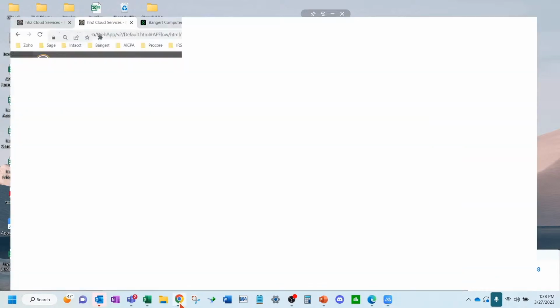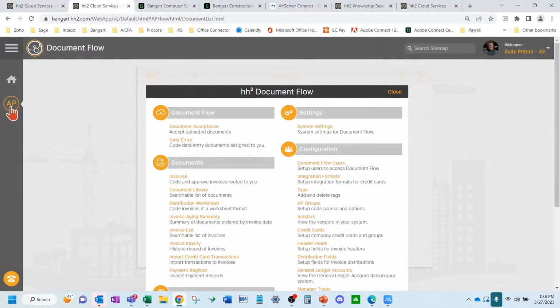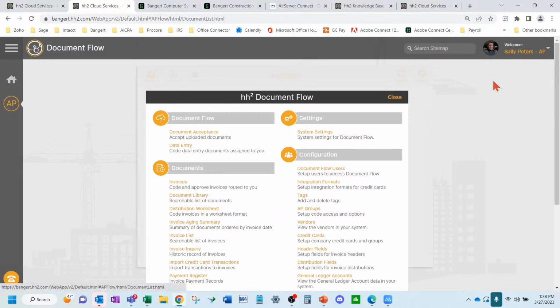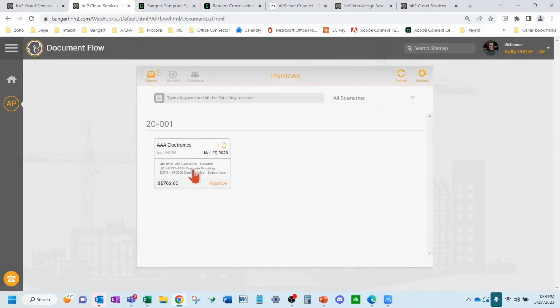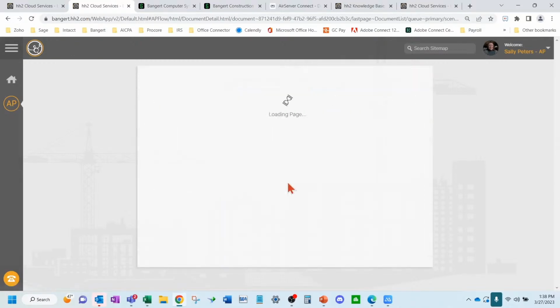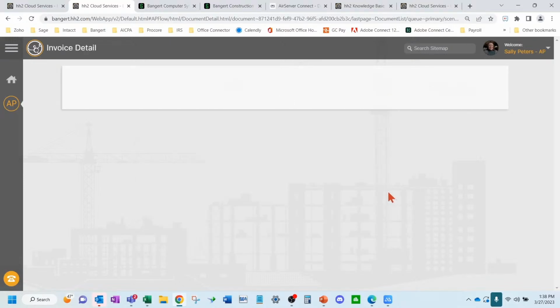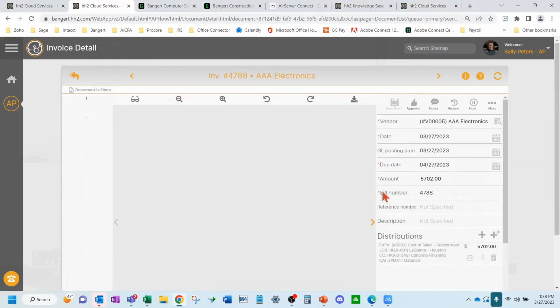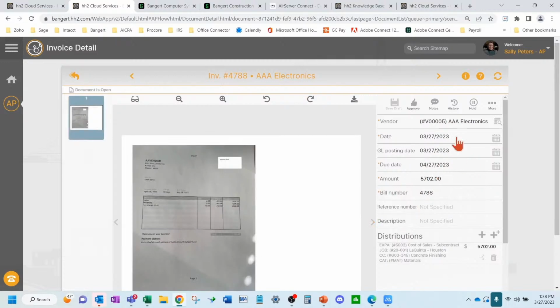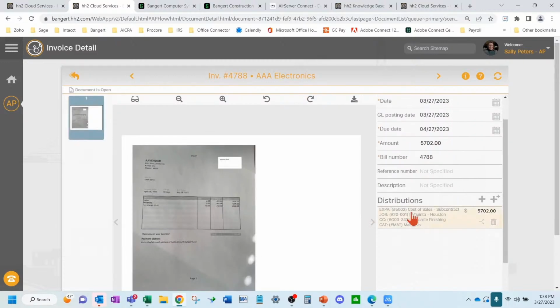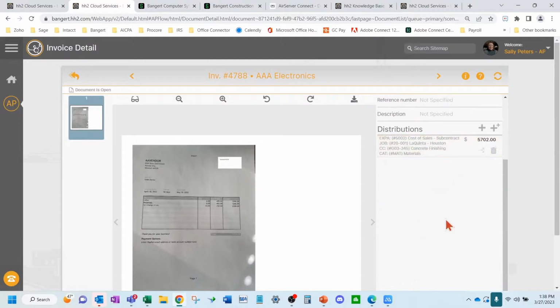Okay, so now back over here as Sally, I'm going to click on the invoices where I code and approve ones that are routed to me, and I can see that invoice has come back with the appropriate codings. Okay, you can see here the codings the project manager did.